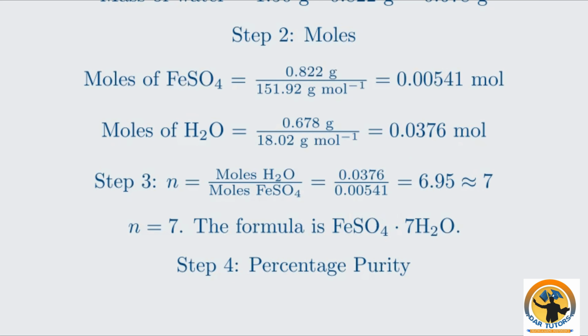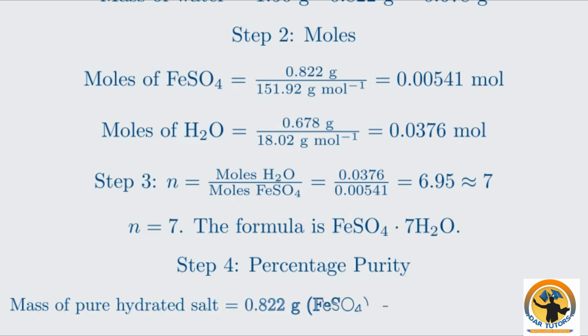The question states the initial 1.50 gram sample was impure. This means not all of it was FeSO4.7H2O. The heating process would only remove the water of hydration, leaving the anhydrous salt and any insoluble impurities. The fact that the sample loses the expected amount of water and its mass becomes constant at the mass of the anhydrous salt,